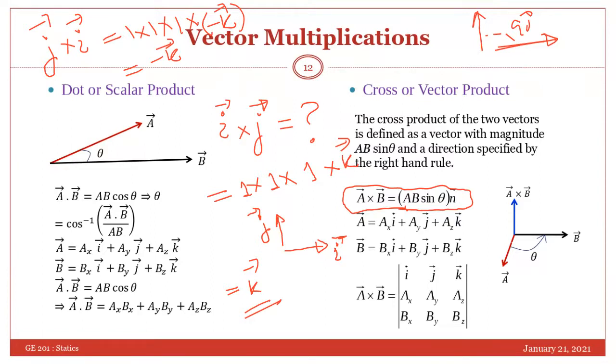So when you turn your fingers like this, because you are asking about J to I, it will be like this. It is difficult to show, but from J to I you turn the finger. So your thumb will be pointing away from your face. That is the negative Z direction. So the unit vector is minus K. Is it clear to you now? Yes, it's clear. Okay, thank you.